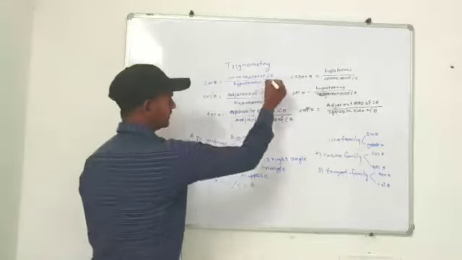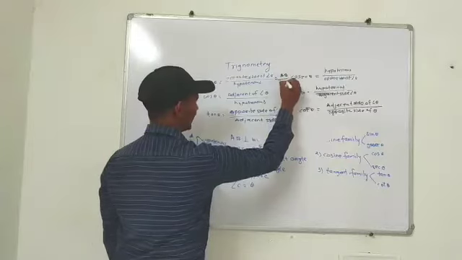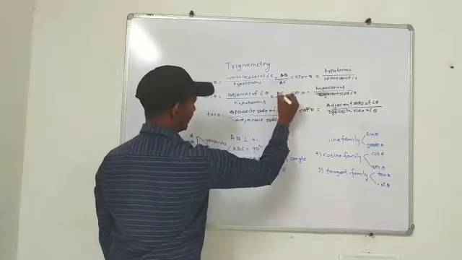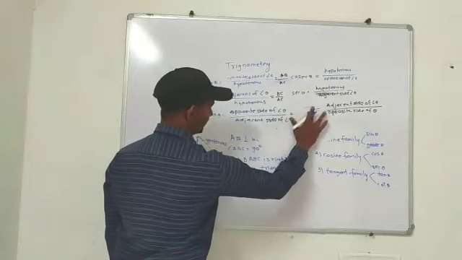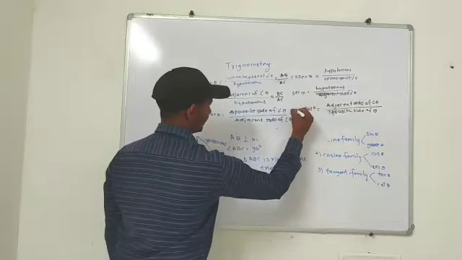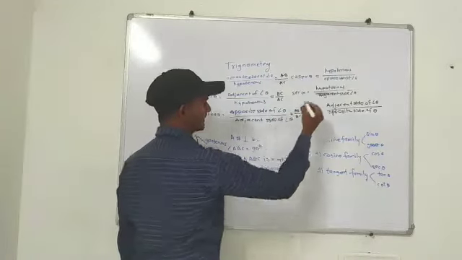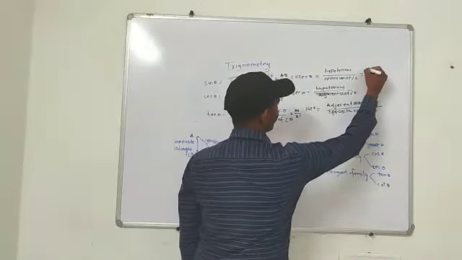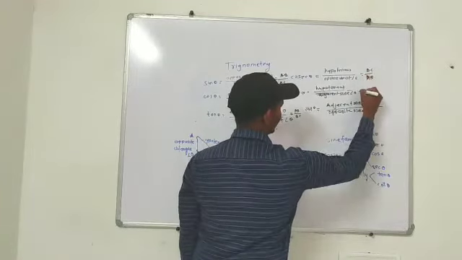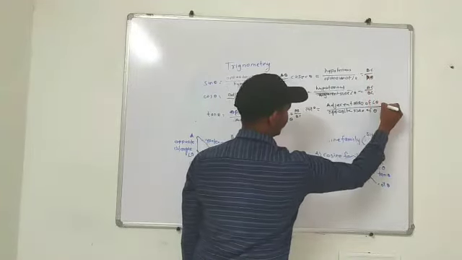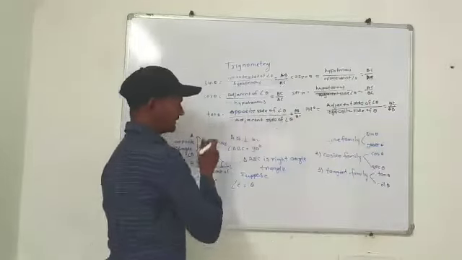Therefore, sin theta is equal to the opposite side AB upon the hypotenuse AC, and cos theta is the adjacent side BC upon the hypotenuse AC. These are the ratios applied on the triangle. Then tan theta is AB upon BC, that is the opposite side upon the adjacent side. Cosec theta is AC upon AB, sec theta is AC upon BC, and the last one, cot theta, is BC upon AB. These are the trigonometric ratios.